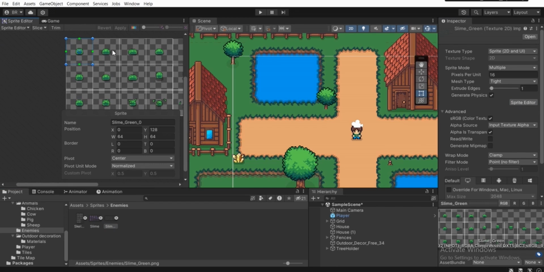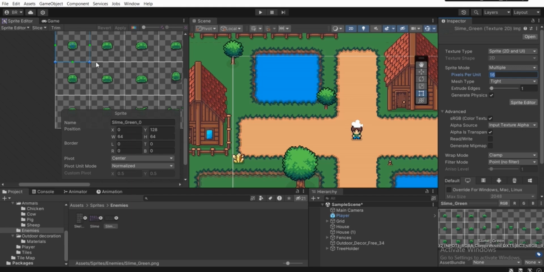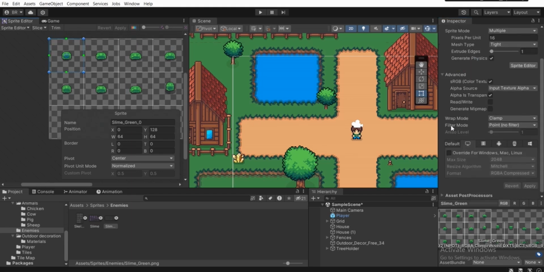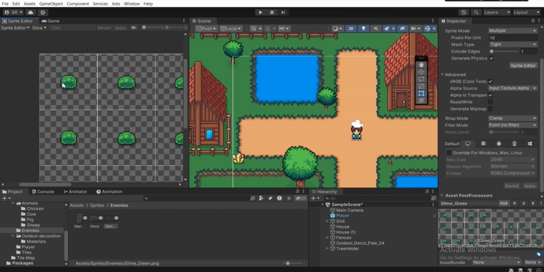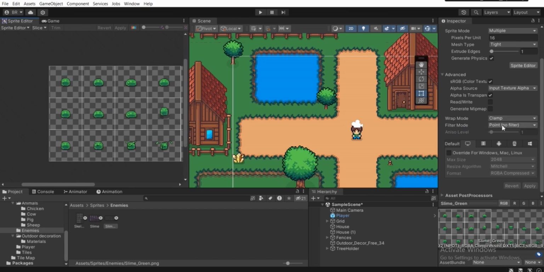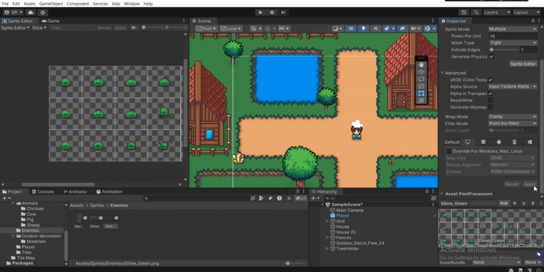You need to cut this individually, so that's why you need to select this sprite mode, it will be selected single, so you have to select this multiple and choose pixel per unit something like 16. Less pixel size means the larger the sprite just gonna be. And scroll down and it says filter mode, so you have to choose point, no filter, from this bilinear, because you're gonna see this will look blurry, so that's why you have to select this filter mode to point, no filter. And after doing all of these things, click on apply in the bottom,